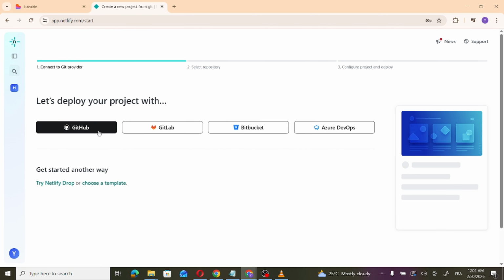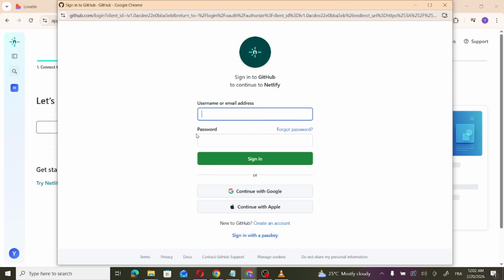then press on GitHub and then input your username and password. After connecting your GitHub account, now you need to choose the repository that you just created from Lovable and then deploy it. After you see all the files deployed and the deployment logs, all you need to do is press